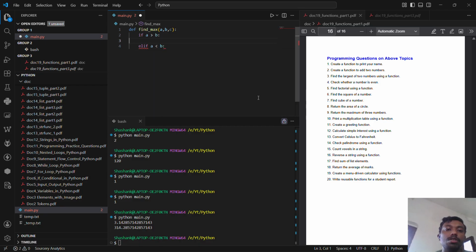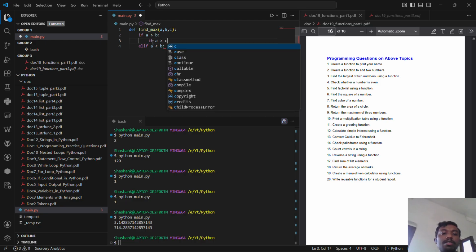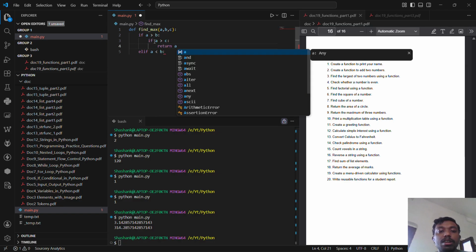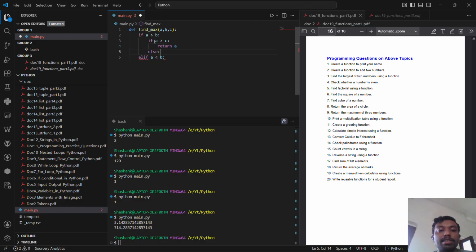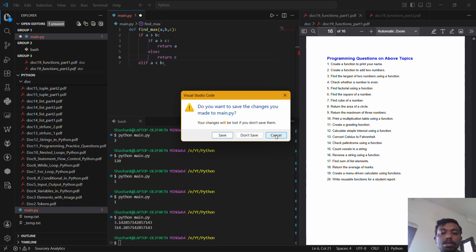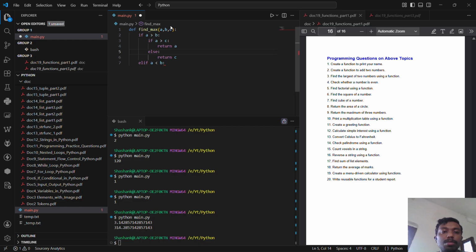So if a is greater than b, we are going to check if a is greater than c after this. Then we are going to return a because it confirms that a is greater. Else, c is greater, because from a and b, b is smaller and a is greater. And after checking a and c, if a is greater, then this is going to return a. Else, it is going to return c. Same way, we are going to do the same thing here,